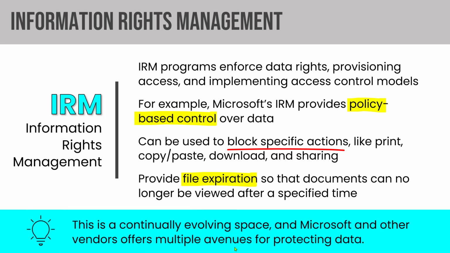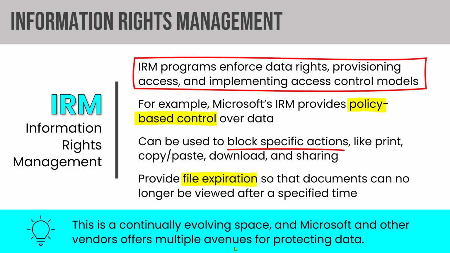This is a space that's evolving all the time, and Microsoft and other vendors offer multiple avenues for protecting data. But that first line there, data rights, provisioning access, and implementing access control models, is the core functionality of